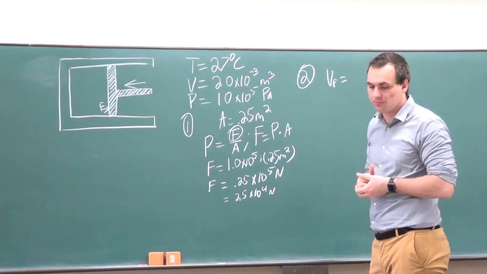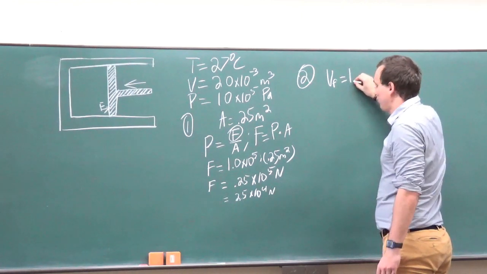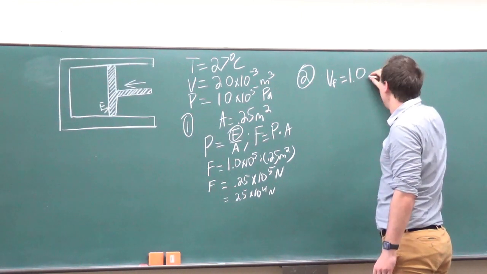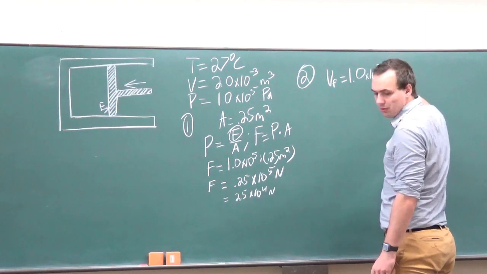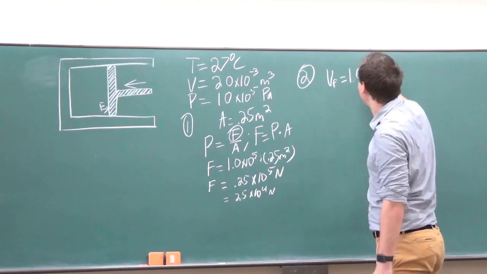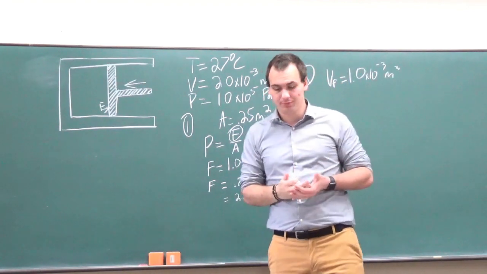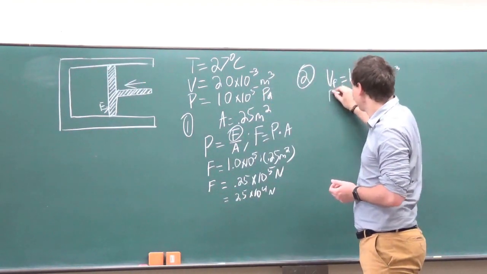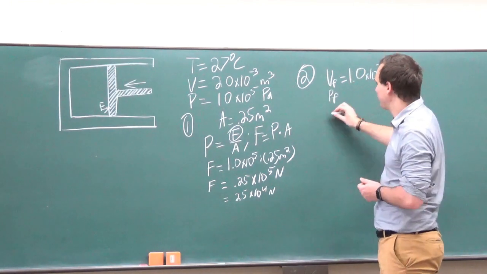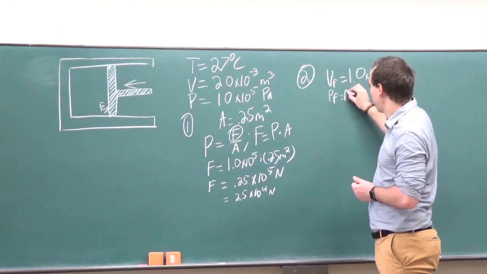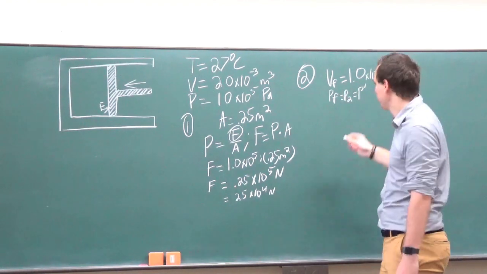The new volume is 1.0 times 10 to the negative third meters cubed. And it has a new pressure. That new pressure, which I'm going to write as pressure final, you could also write this as P2 or P prime, all are acceptable,